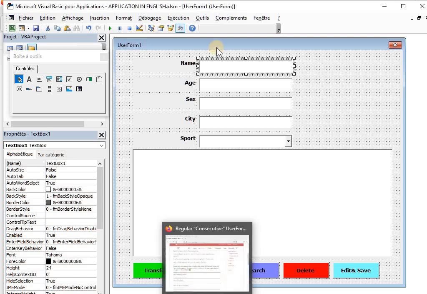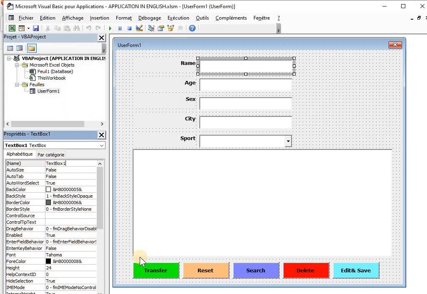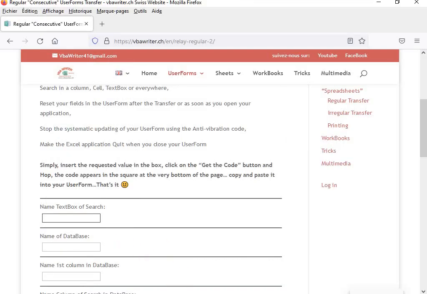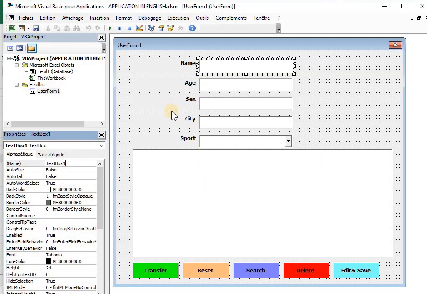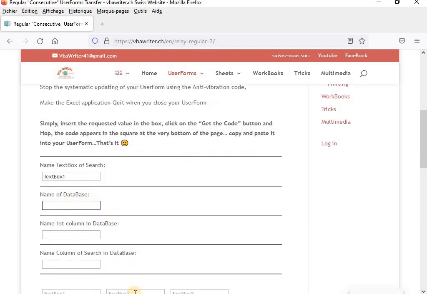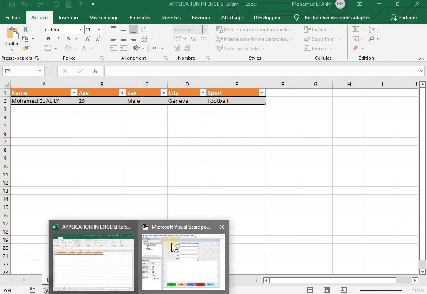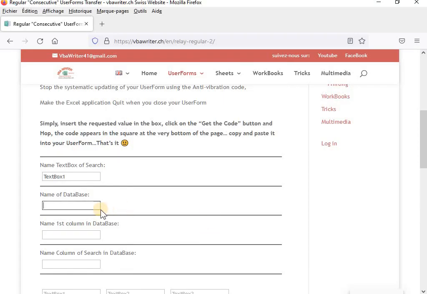So I will just go here, and the first text box is text box 1. So I'm going to type text box 1 here. I'm not going to type actually, I'm just copy and paste. So I copy and I go to my website and I just paste it, right? And I go to the next one. What is the name of the database? So I'll go here, and it's called database, the same way it is, just trying not to leave space because it can make bugs. So it's database. So I will go to my website and just